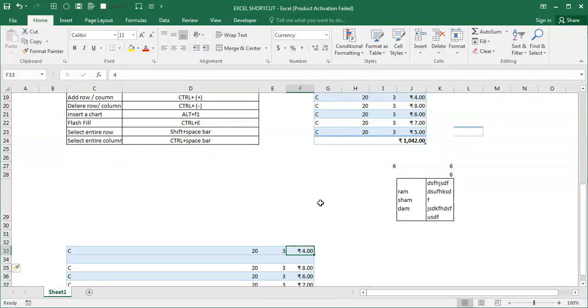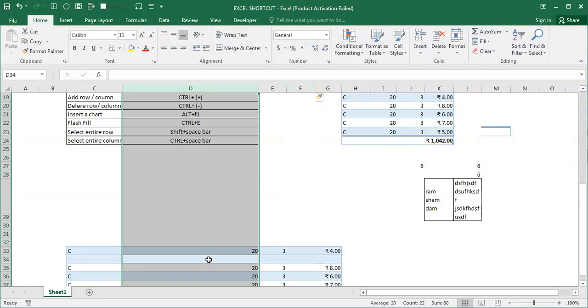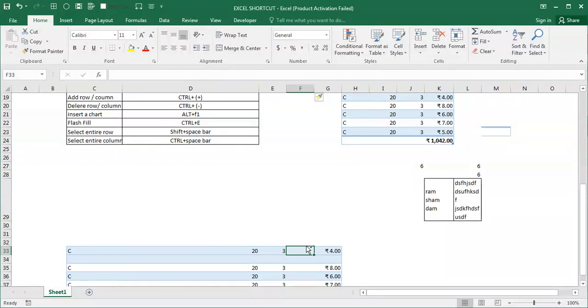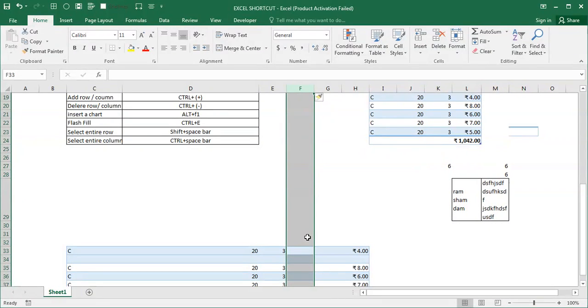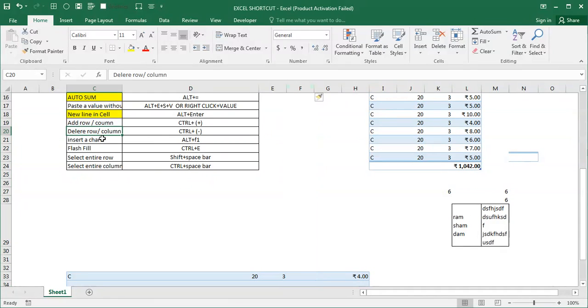If you want to add one more column here, press Ctrl Shift, then Ctrl plus, so one more column is added. So for adding a row, first select the row, then press Ctrl plus. If you want to add one more column, first select the column, then press Ctrl plus, so it will add one more column.